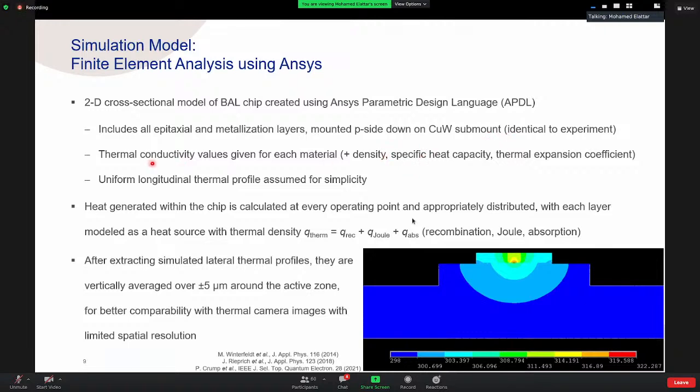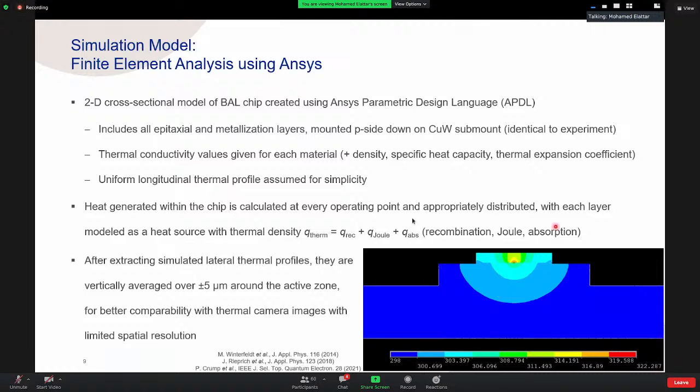We include accurate thermal conductivity values for each material, as well as density, specific heat capacity, and thermal expansion coefficients for each material. And we assume a uniform longitudinal thermal profile for simplicity. What we do next is that we calculate the heat generated within the chip at every operating point and distributed appropriately